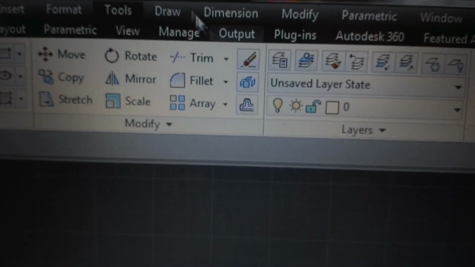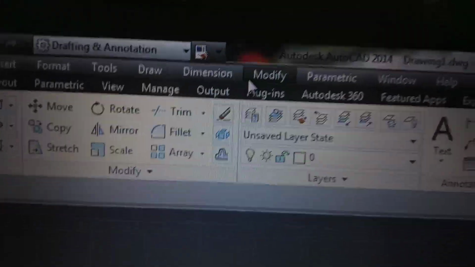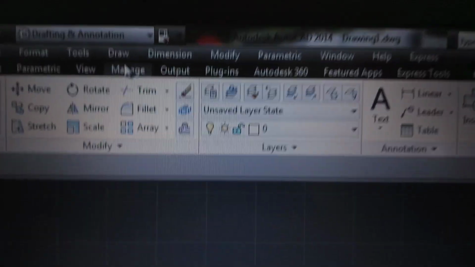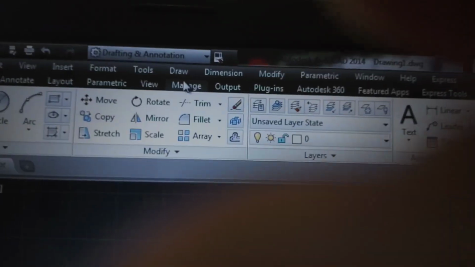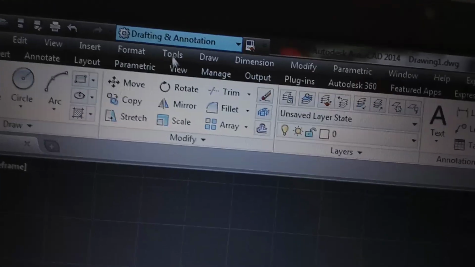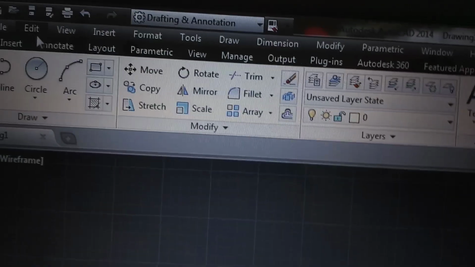I think what we are interested in here, the new commands, are draw, dimension, modify. These are the main toolbars or the main commands that we will use in our AutoCAD applications. Okay, let me fix the camera here to see the draw and other commands. If we go through,